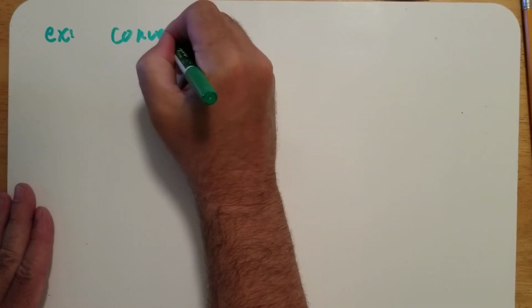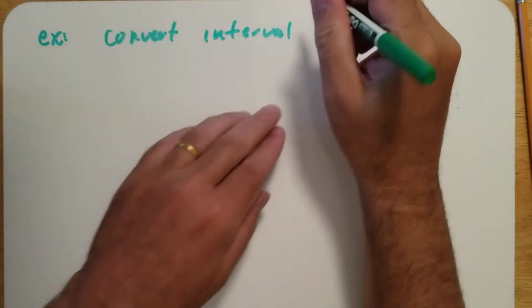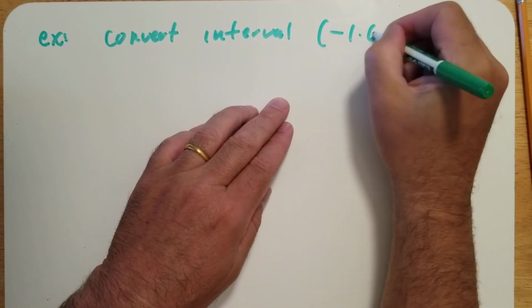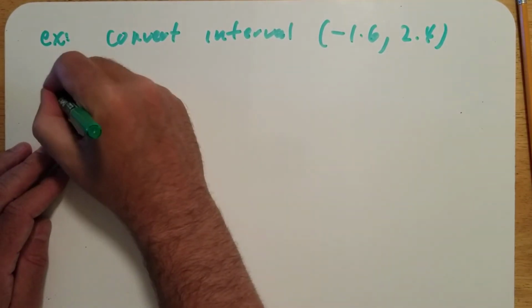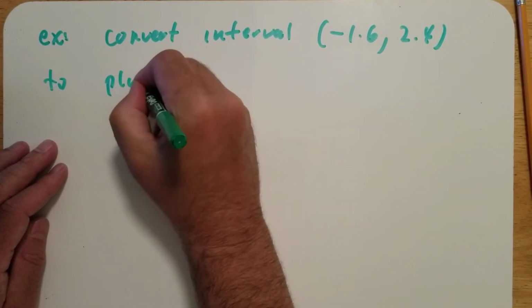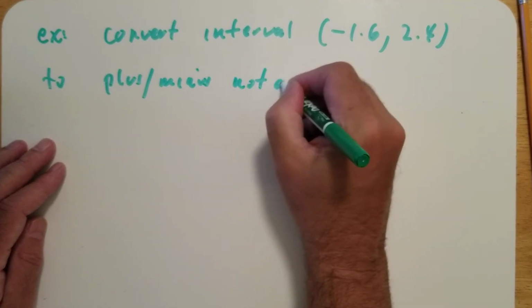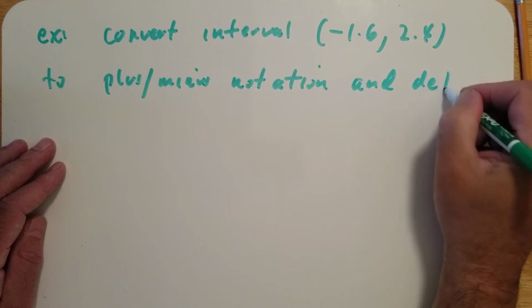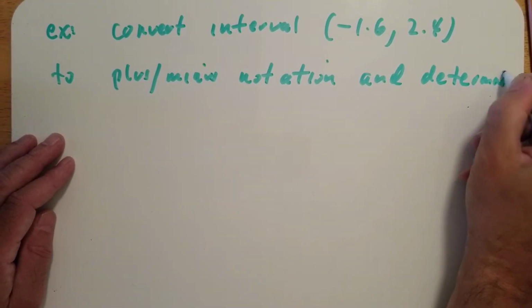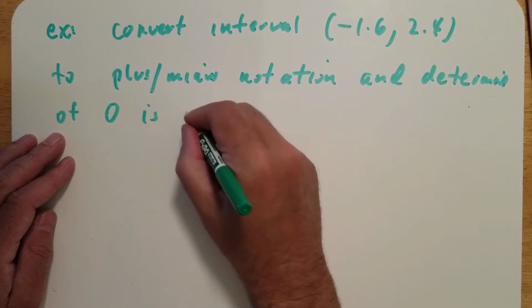Convert the interval between negative 1.6 to 2.4 to what's called plus-minus notation, and determine if 0 is inside